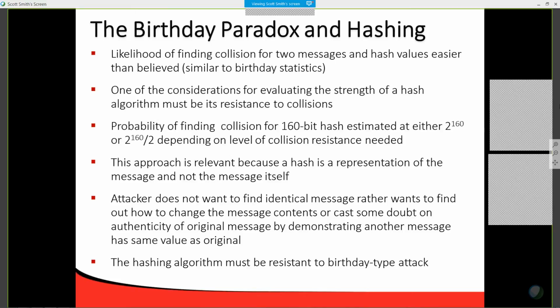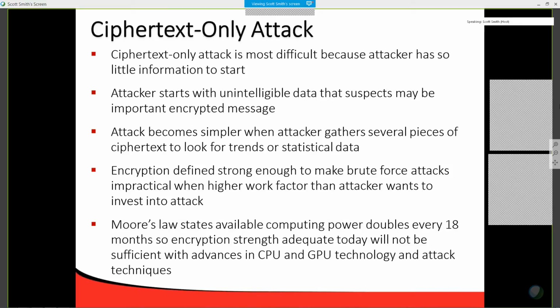Ciphertext only attack. We saw a reference to that in the slide. Ciphertext only attack is the most difficult because essentially you have the information that is easily available, isn't it? Because what's sent across the clear channel in cryptographic processes? The ciphertext, right? So this is essentially the most difficult type of attack because basically you're just basing the attack on